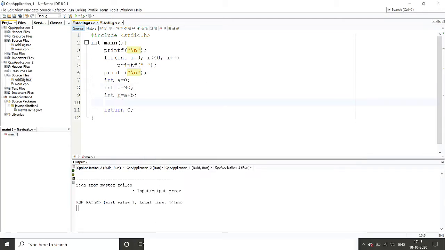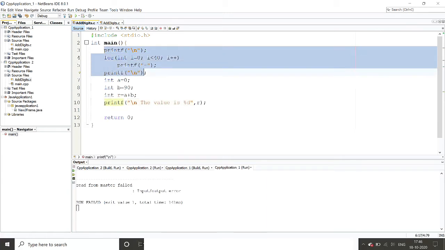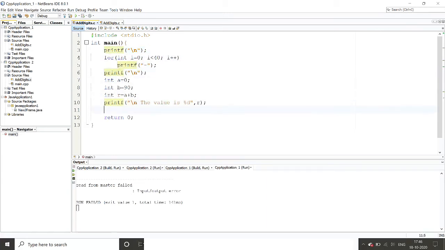So I'll write printf, the value is %d, r. But my requirement is that every time I print any value, it should be covered by two lines, one above and one below. So I have to copy the same content from here to here.